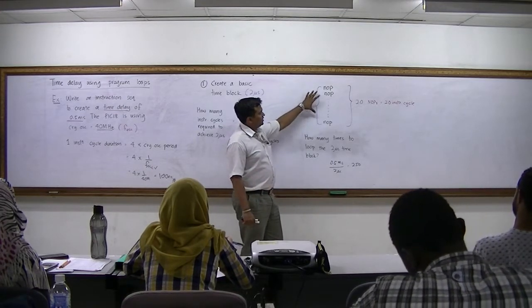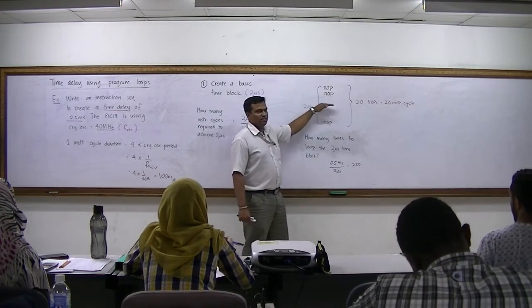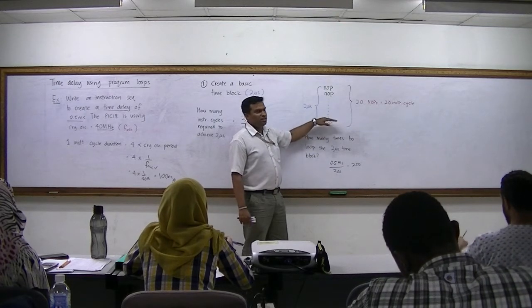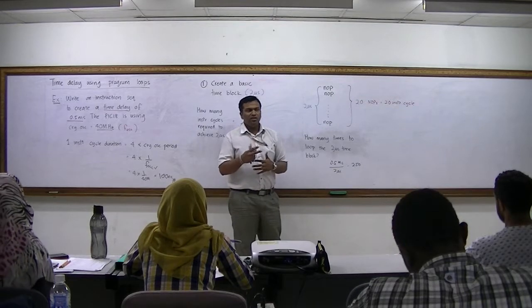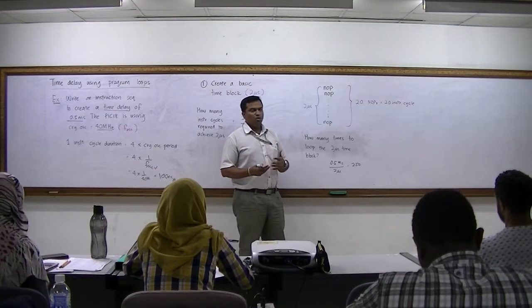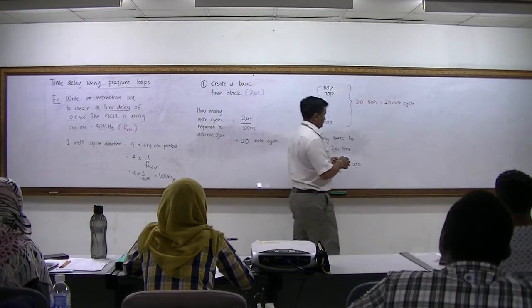So what is the modification you need to make here? Now this 20 is a sequential thing. So this 20 instruction now we need to modify so that we can use it in a loop. So when you do the modification,